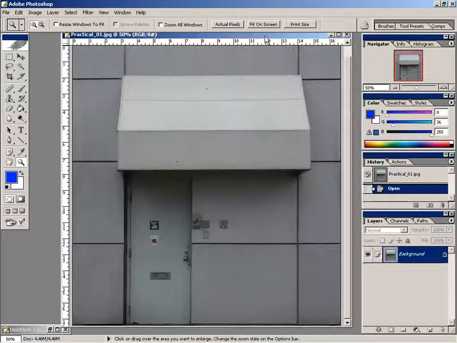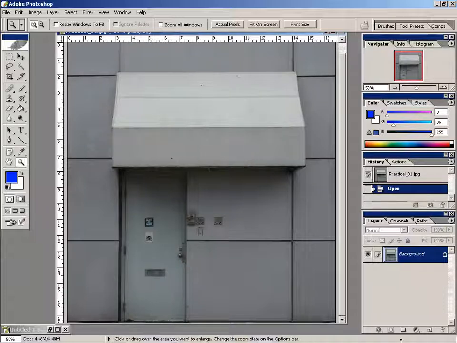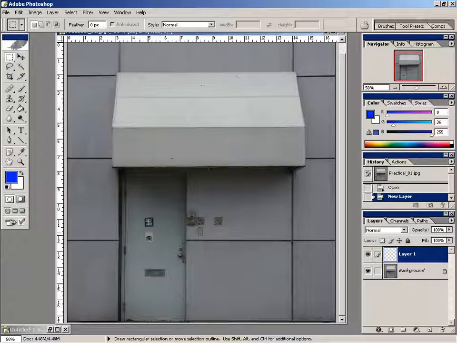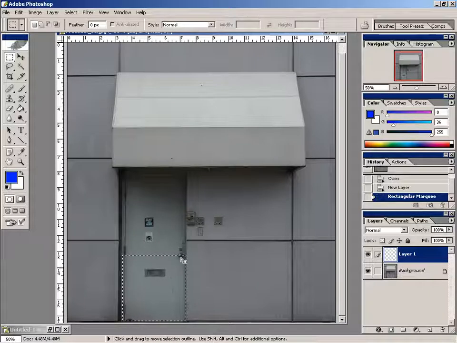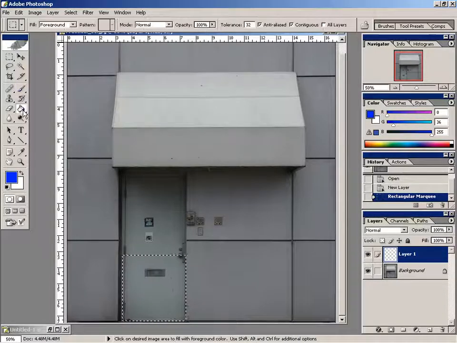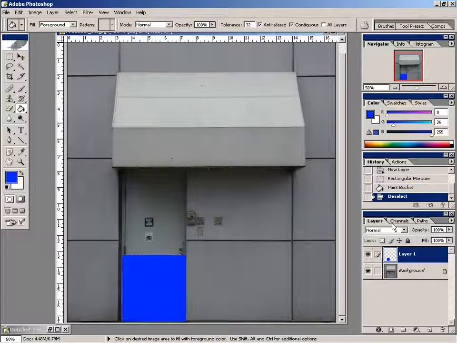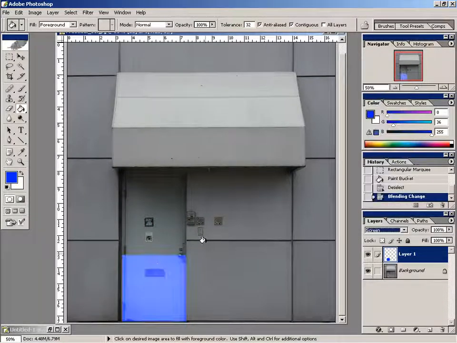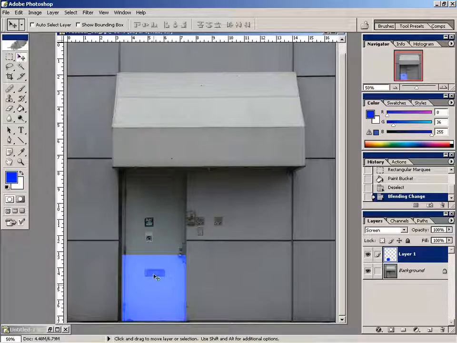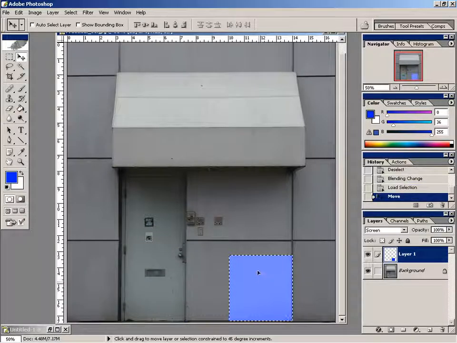So we already know some dimensions for the door. So let's go ahead and see if we can figure out how big these panels are. We know that the door is about 3 feet wide, and it's about 3 feet up to the knob. So we know that this square right here is 3 feet by 3 feet. So what we can do is use this to figure out how big this panel is. If we split this up into thirds roughly,